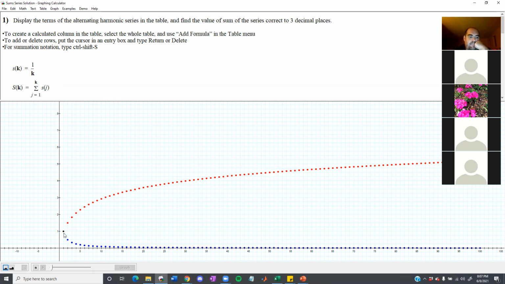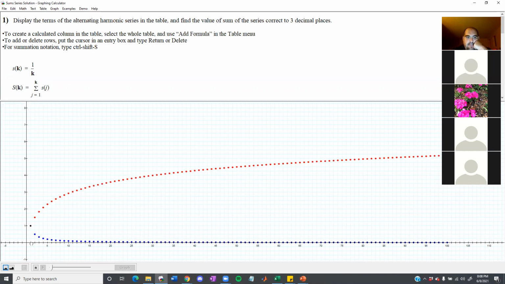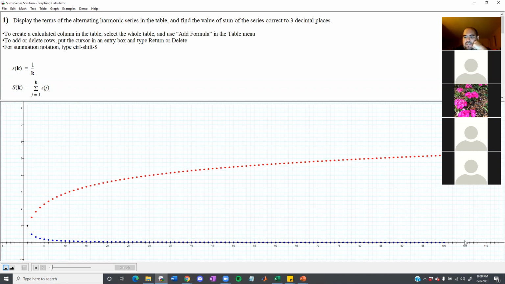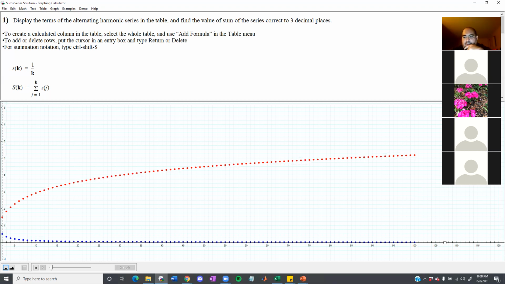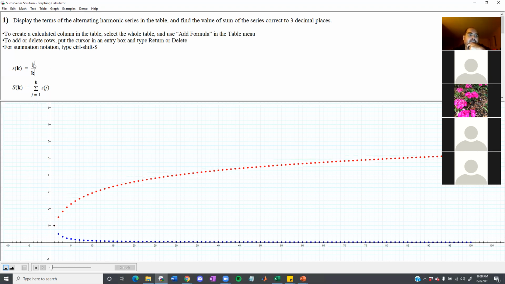So this black dot here, the first partial sum, is equal to the first term. So that's 1, and then 1 plus 1 over 2, 1 plus 1 over 2 plus 1 over 3, and so on. So the red dots, as you hopefully expect, if we look at the sequence of partial sums, there is no finite value that these are trending towards. I'm looking at the first 100 terms and the first 100 partial sums. You can see that that's not going to converge to a value.